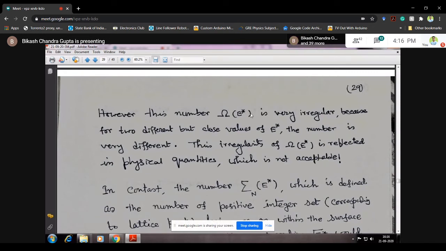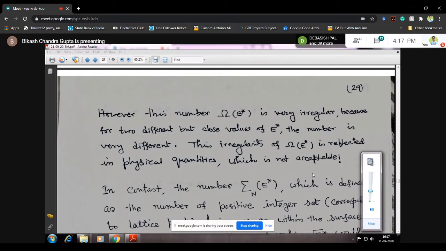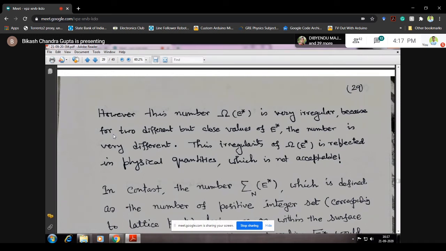this Omega(E*), I am denoting this as the number of microstates for the system with total energy E. Now that will be very irregular because for two different but very close values of E*, the number is very different. তার মানে তোমার E* যদি সিস্টেমটার এনার্জি থাকে তাহলে যতগুলো নাম্বার অফ মাইক্রোস্টেট পাবে E* থেকে একটু বাড়িয়ে বা একটু কমিয়ে দিলে সিস্টেমটার তাহলে যে নাম্বার অফ মাইক্রোস্টেট পাবে সেগুলো দে আর ড্রাস্টিক্যালি ডিফারেন্ট। ওকে,